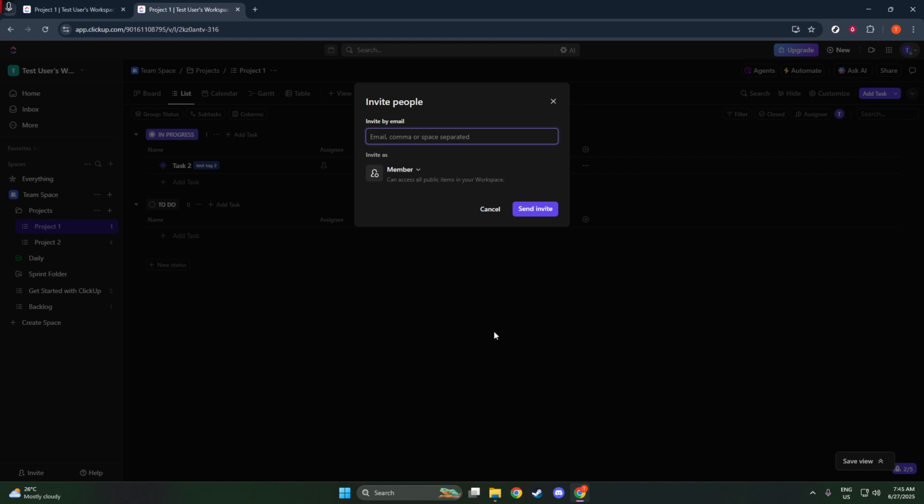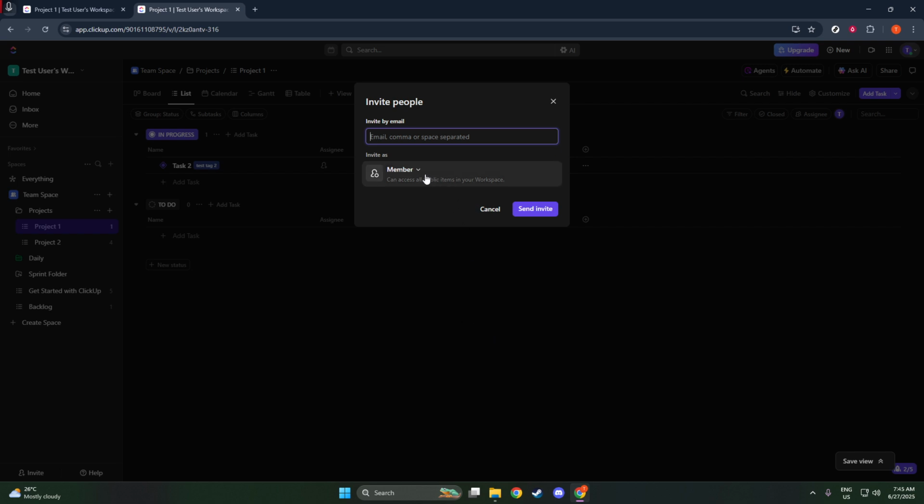If you're planning to invite multiple people at once, you can do so easily. Just separate each email address with a comma. This allows you to efficiently manage and send invites to multiple team members without having to send individual invitations, streamlining your workflow. Once you've entered the email addresses, you'll need to determine the role each invitee will play within your